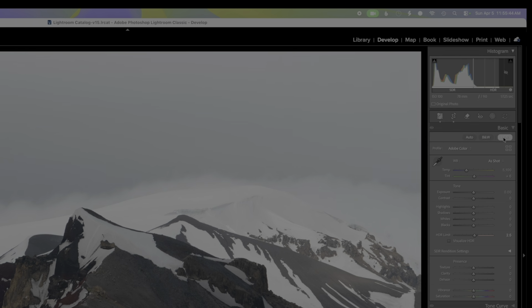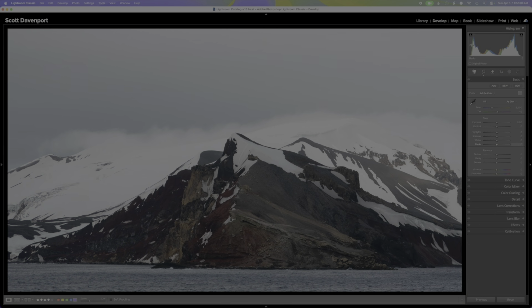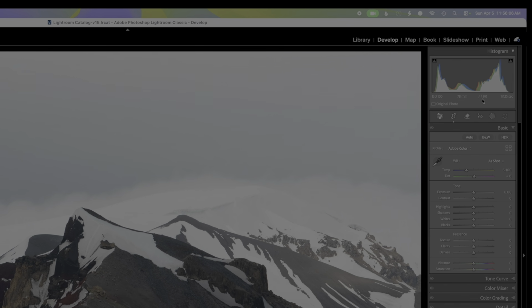But the very first thing I want to point out is when we're looking at the SDR photo, nothing is clipped here, right? There's no clipping. There's no clipping in the shadows. There's no clipping in the highlights. You'd go and think, well, I guess I have all my tones. Everything is okay. Everything is great. And it turns out that there is more that can be had from this image. And if I'm just looking at the histogram and going, oh, I guess I don't need to do HDR, that